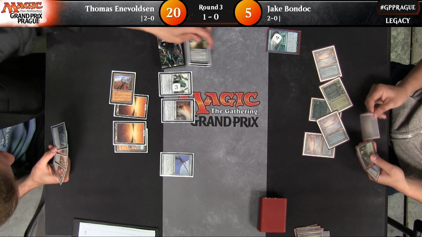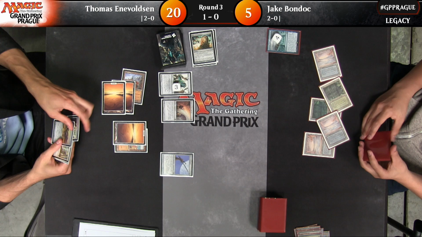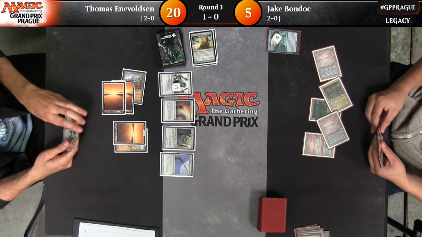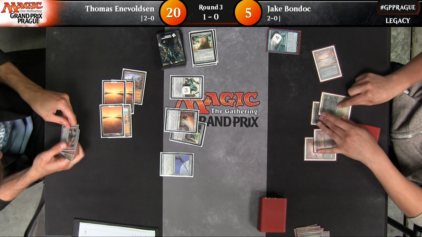Holds a sword just as well as the Angel. Before that, Thomas decides to exile his Relic of Progenitus, get rid of the cards in graveyard and potentially draw something, finds a land, and that means that he's not effectively set back at all on mana by having to use the Relic. Plays his Phyrexian Revoker, immediately equips Sword of Fire and Ice, which gives it a pretty